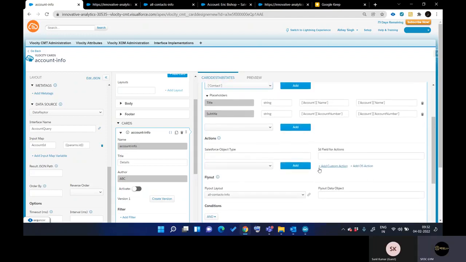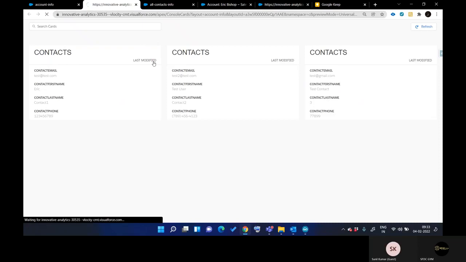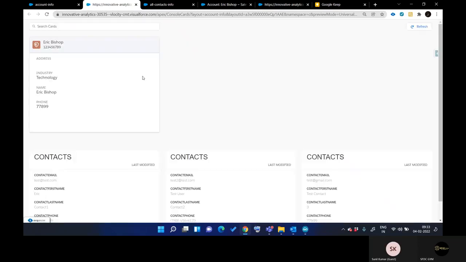In there, we need to update that. Okay. Now we can remove this. You can see now this layout is showing. If you click here,